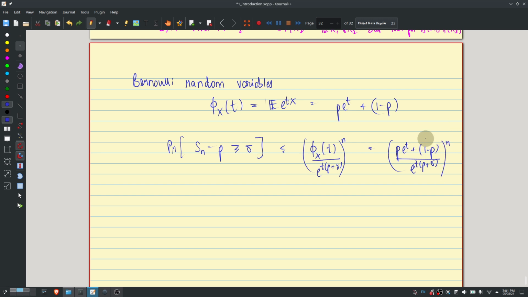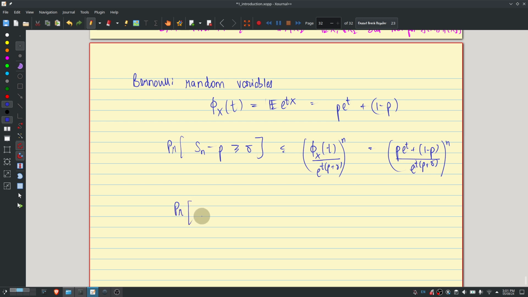Whole to the power n, right? Okay, so now if I'm able to find one particular t for which the quantity over here is less than 1, then it's enough to show that this decays exponentially, right? And that's something in fact you can do. And in fact you can prove a much stronger upper bound simply by choosing the t carefully enough and simplifying.